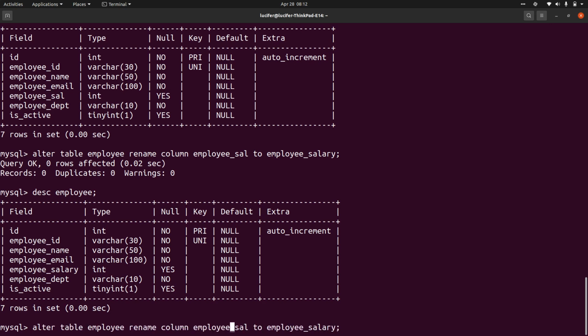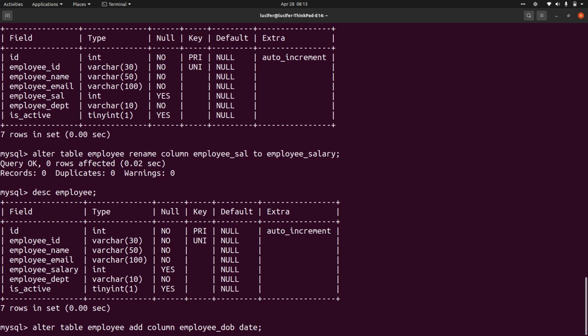So here we were using rename. Rather than that, you can use alter again: alter column employee salary, and we can give data types. If I give varchar, it will convert to varchar. Now if you want to add any column, you can use add column with the column name, let's say employee DOB, date of birth. It can be a date column. Date is also a data type in SQL, so you can simply give date.